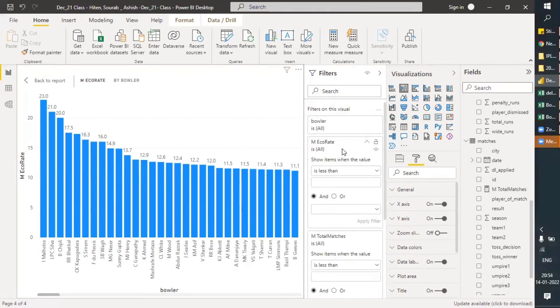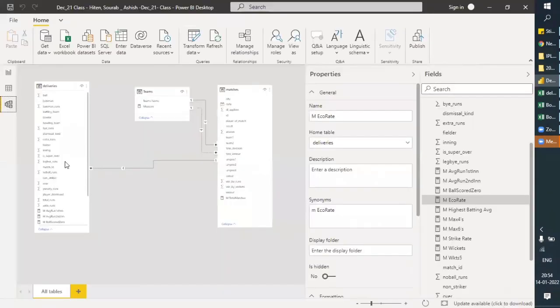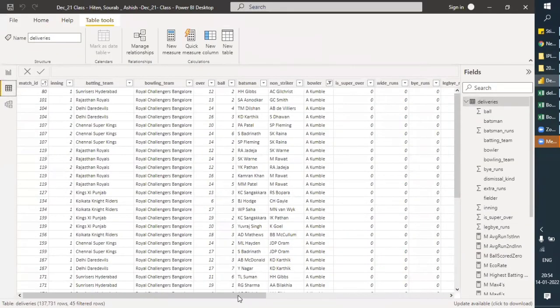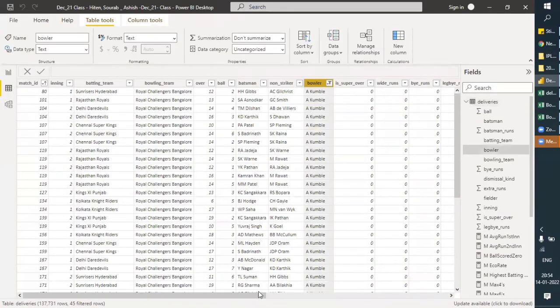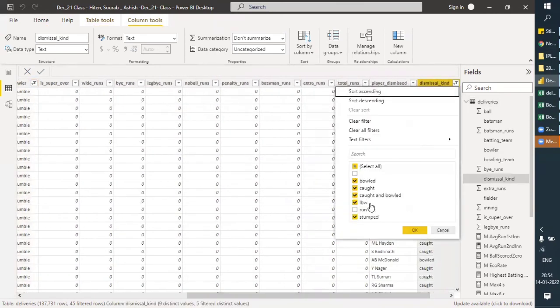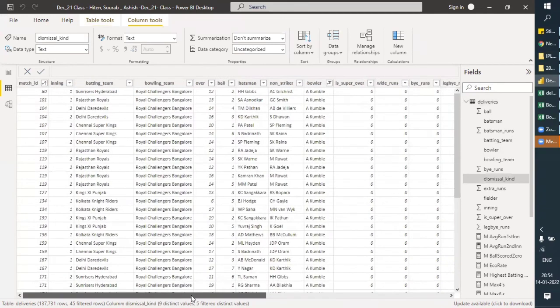Economic rate, not this one here. Let's check one of the answers, Malhotra. So, is our data correct or not? We already have a filter here for dismissal kind, that is run out and all this should be excluded.